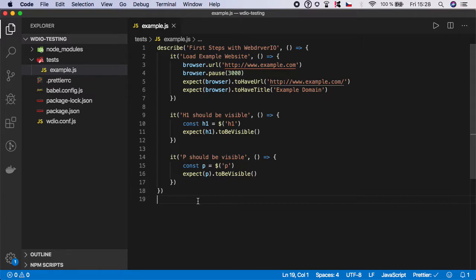Hi guys, welcome back. So far you have learned how you can assert the URL, title and element if it's visible. And in this video I'm going to show you how you can assert the value of the link. Again, this scenario is very useful in end-to-end testing, so it's very important that you know how to do it. So let's create one more test step